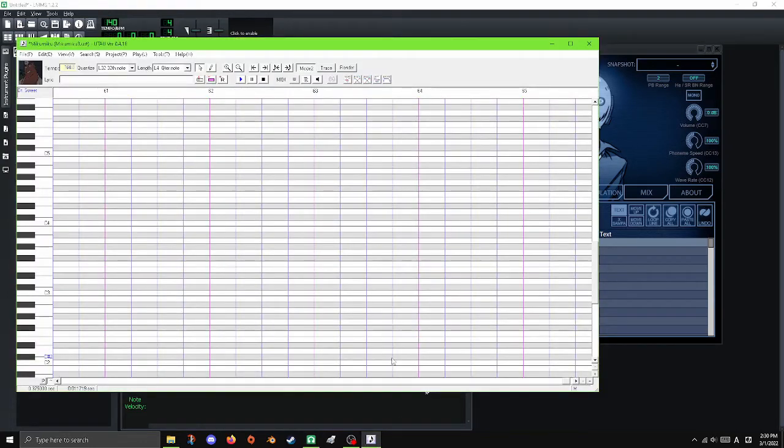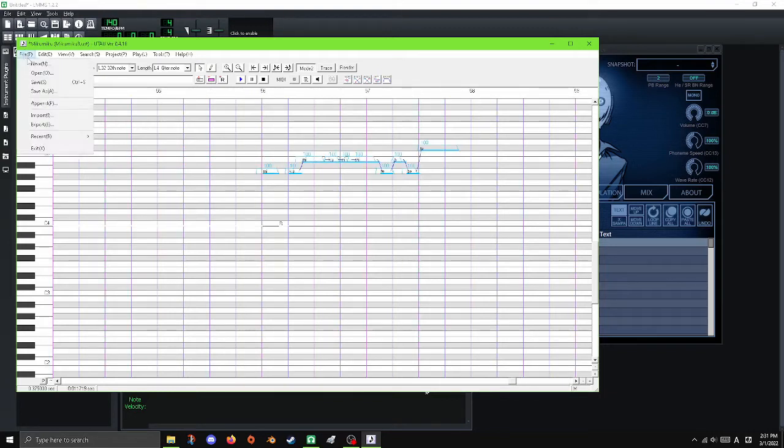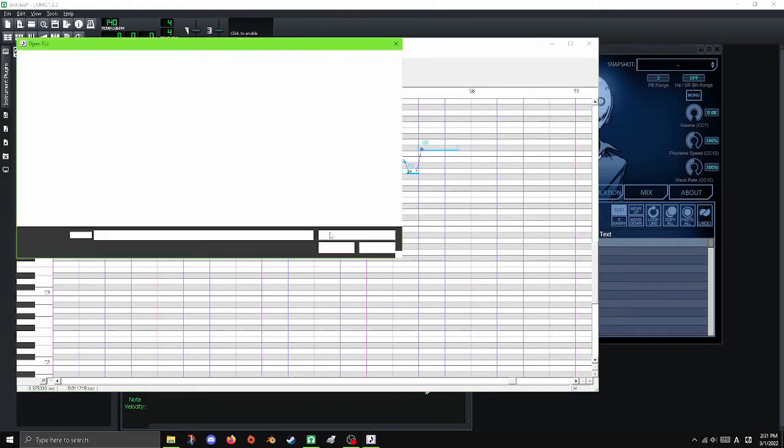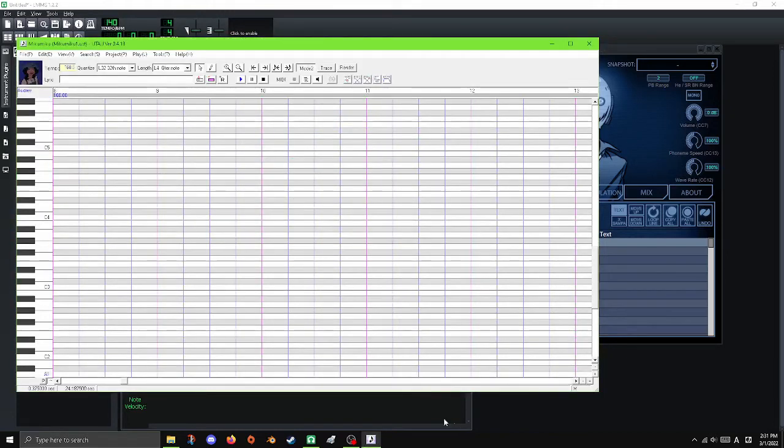And now it's time to put the lyrics into Chipspeech. You have two ways, really, that you can do this. The first way to do this is what I personally do. Oh wait, that's the wrong one. I have to open up the first part again. Right. So what you do for my method is